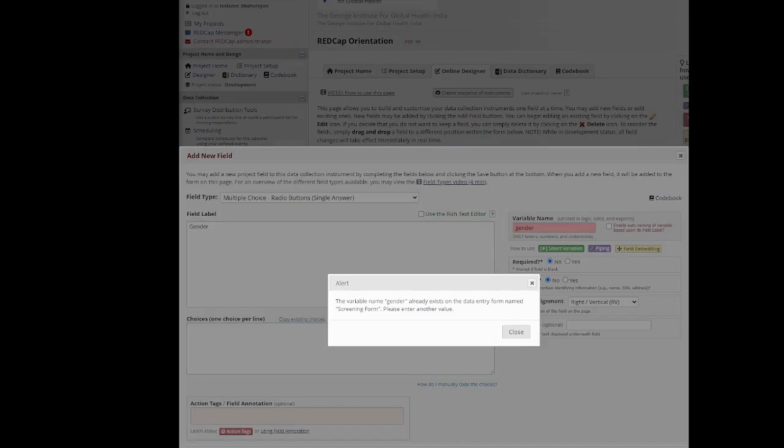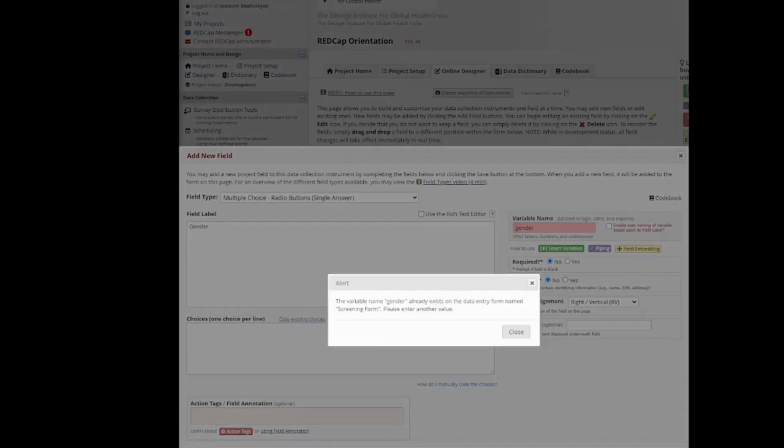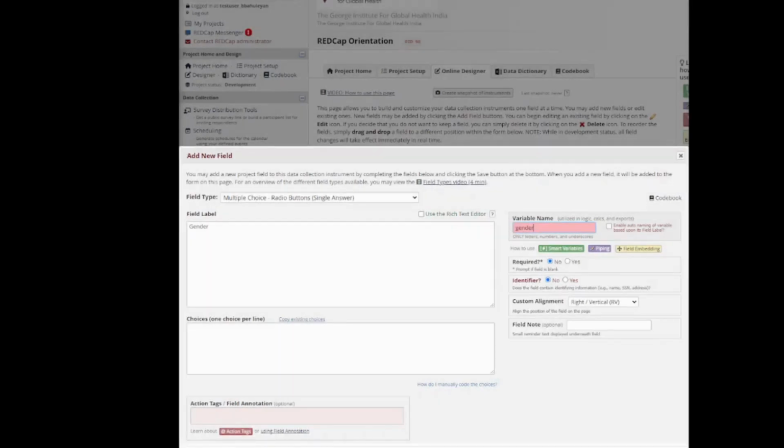Now this gender variable already exists in this database. That is why it is showing me an alert that this variable name gender already exists in the database. I'm just closing it. I am changing this to gender_1